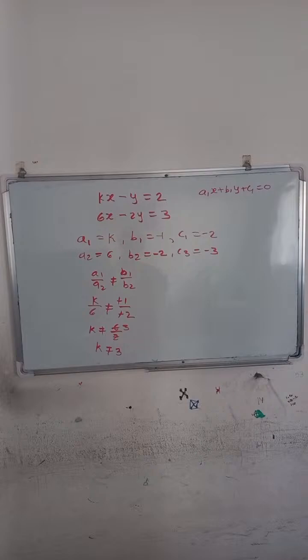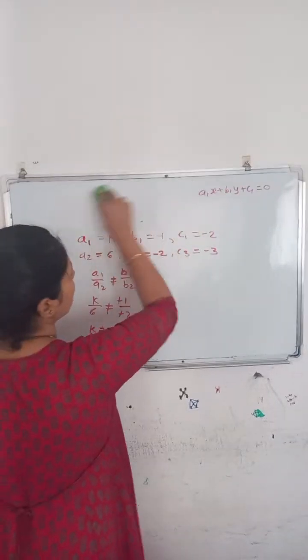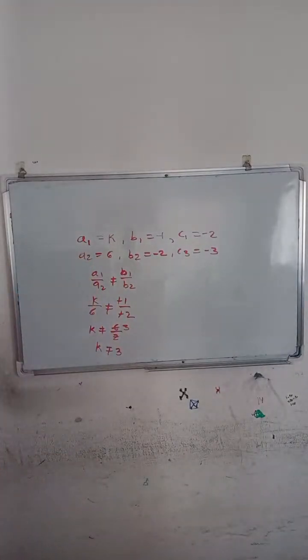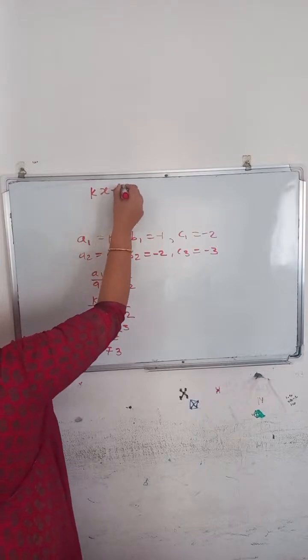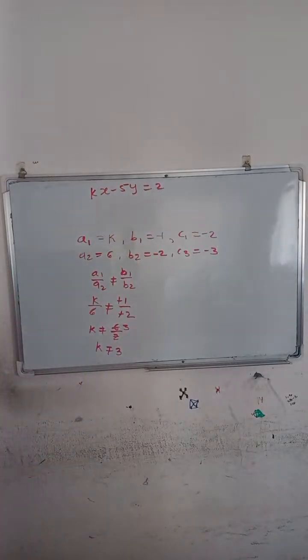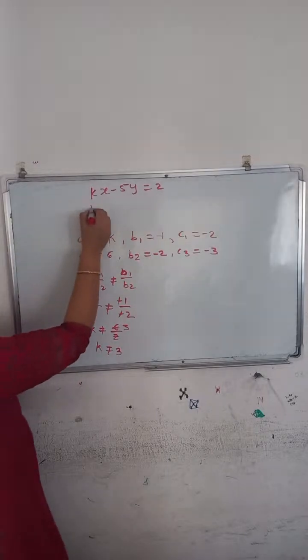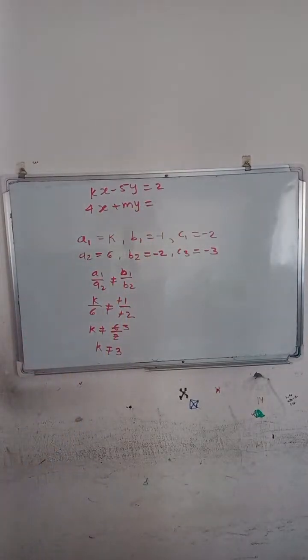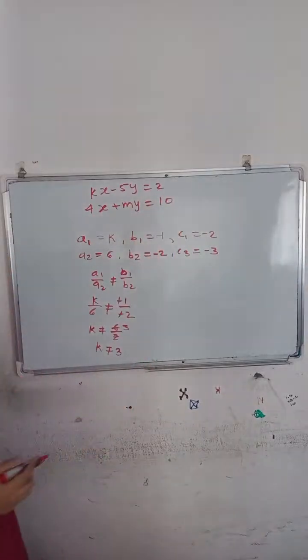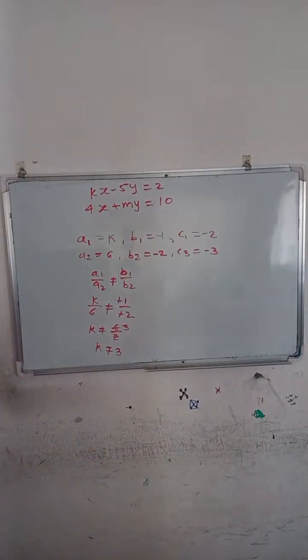Write down, if the system of equations kx minus 5y is equal to 2 and 4x plus my is equal to 10 has infinitely many solutions,